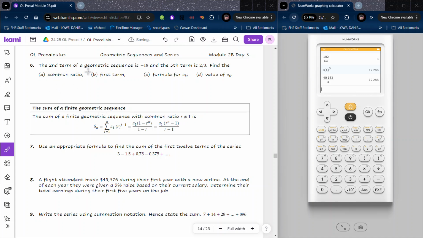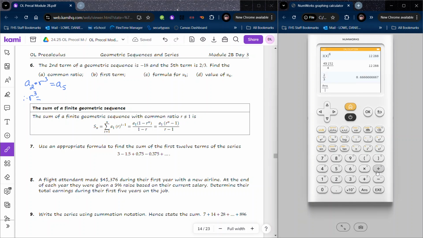Suppose we're given the second term of a geometric sequence is negative 18 and the fifth term is 2/3. How can I find my common ratio? Well, I know that my second term times my ratio to the third power is going to be my fifth term. So I know my ratio cubed is going to be that fifth term,